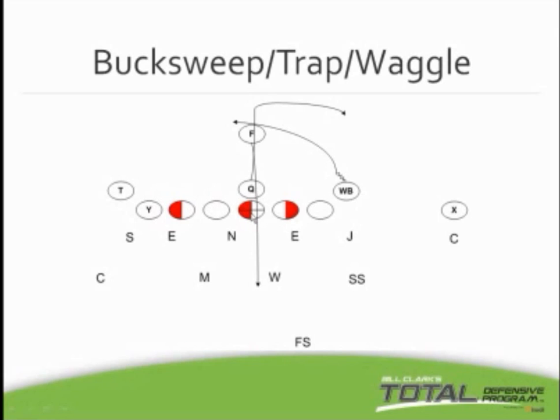And a lot will happen based on what this center does. And Mike's pretty good, he can see this. If the center blocks play side, it's buck sweep. If he blocks backside, it's trap. Now, they can still pull the guard and influence you, all right? But the wheel should kill it, okay? That's the wheel's job, is to kill it. The wheel wants to see this path, okay? Because you see this path, that's a trap path. That's a buck sweep path.